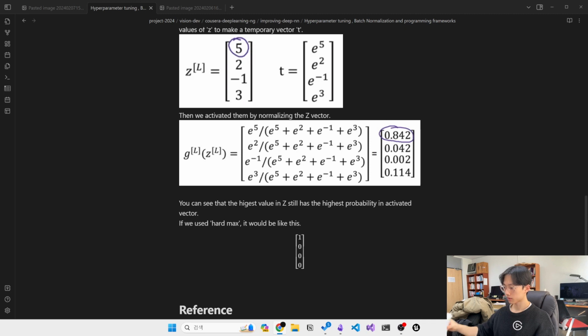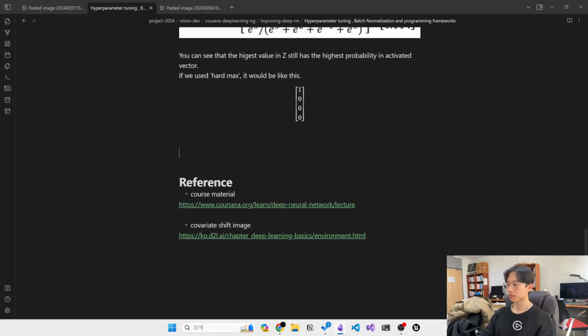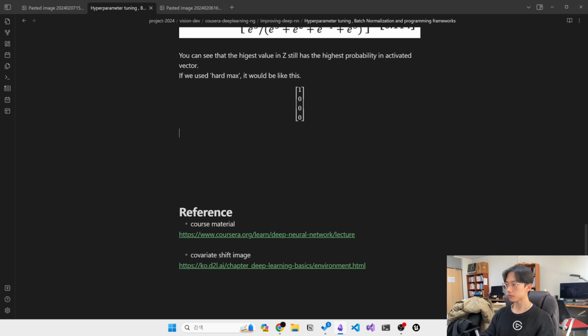I'm not sure if this is a great name, but at least that was the intuition behind why we call it a softmax, in contrast to the hardmax. And one thing I didn't really show, but had alluded to, is that softmax regression, or the softmax activation function, generalizes the logistic activation function to C classes rather than just 2 classes. And it turns out that if C is equal to 2, then softmax with C equals 2 essentially reduces to logistic regression. I'm not going to prove this in this video,